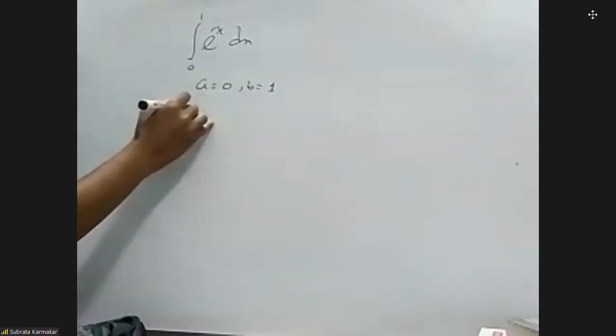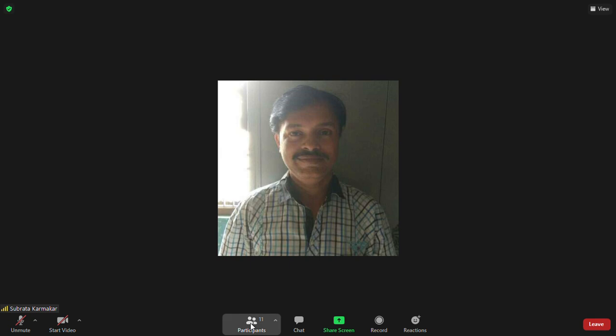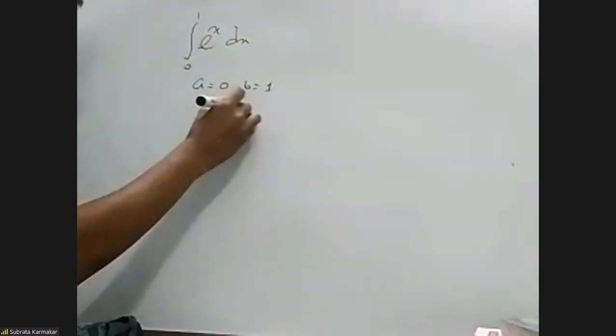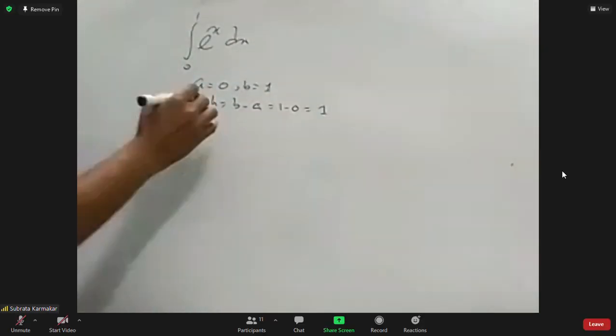Upper limit. nh here, nh means upper limit minus lower limit, 1 minus 0, 1. Okay. Then